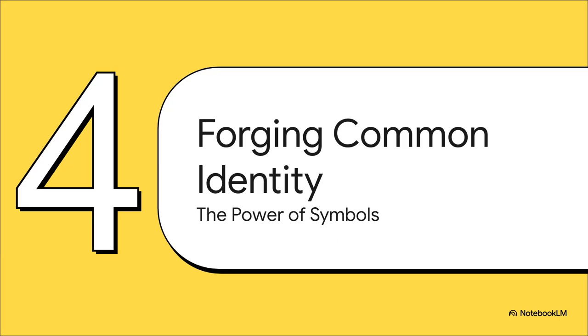So, leaders and ideas are absolutely vital. But a nation also needs a soul. It needs a shared identity that people can see and hear and feel. And that brings us to our fourth ingredient, the power of symbols. So how do you make millions of people feel this deep, personal love for an abstract concept like Germany or India? Well, you give it a human face. In Germany, she was Germania, this heroic, strong figure. In India, she was Bharat Mata, or Mother India, a calm, divine, spiritual figure. These images transformed a political struggle into something emotional, something almost like family.